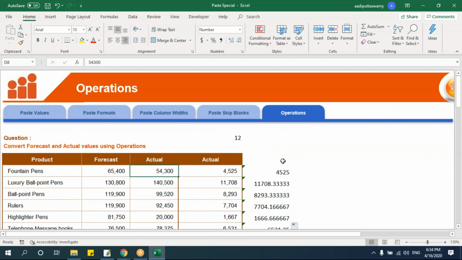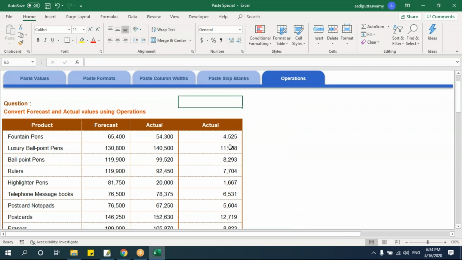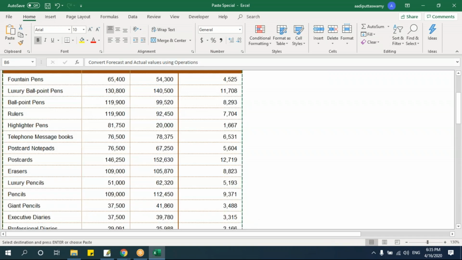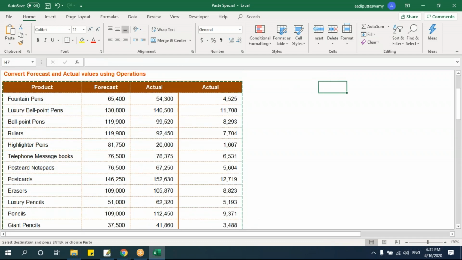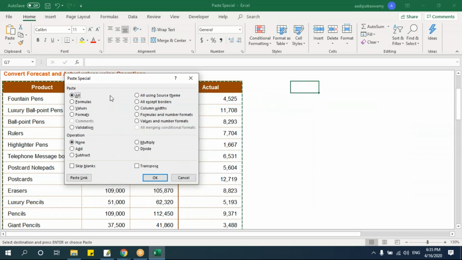Okay. This is operation. Next, one more option is transpose. Transpose means, so what will happen? I have data in column wise. I need to move the data into row wise. Say this data what I have, it should be pasted row wise. So what I'll do, I'll go here, I will copy this and I'll say paste. Don't say Control V, again Alt ES. Here I have this transpose and I'll say okay.